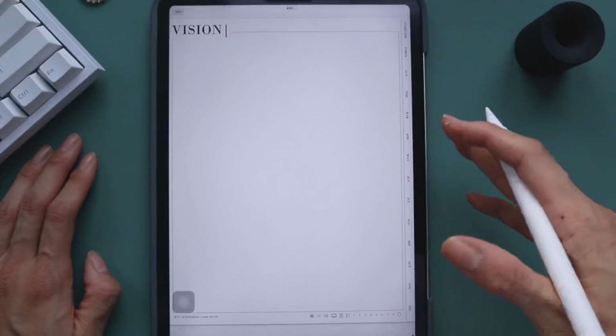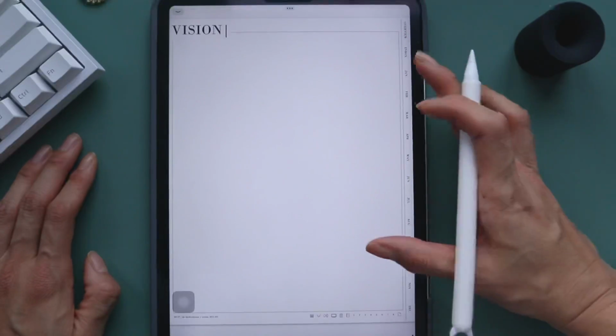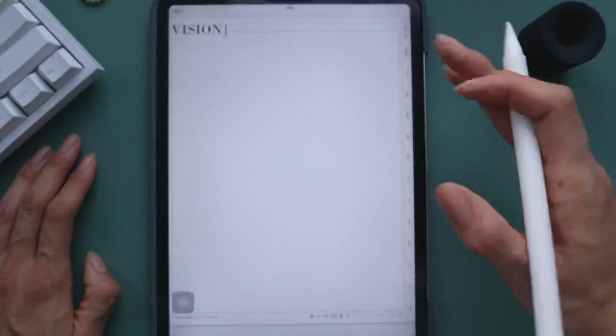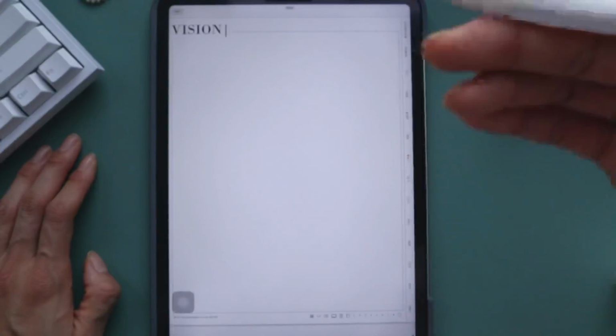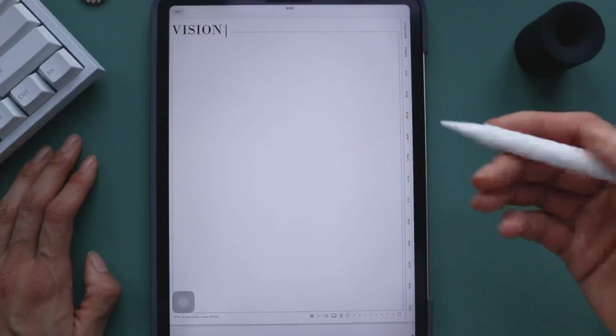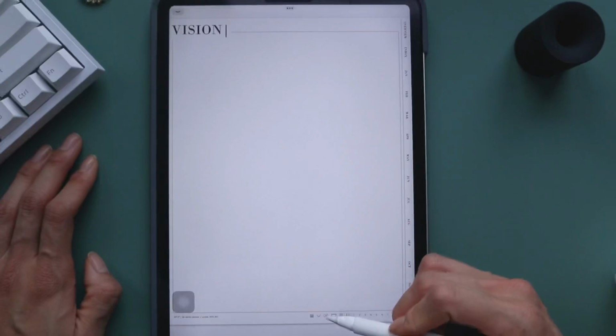And so, well, I used it as a vision board. It's just an open space for you to kind of map out your ideas. You can use it for mind mapping. You can add pictures. That's what I like to do, just for the vision of your life or your year or whatever. So then if I go back again,